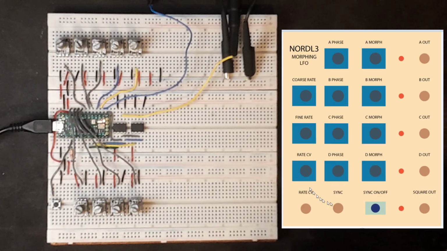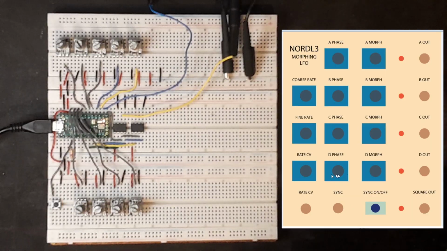And I can set the oscillator to sync or reset by plugging in an external signal here, and then I can enable or disable that with this.